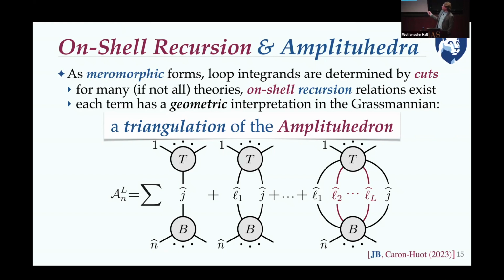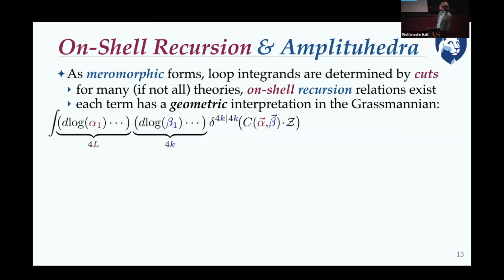So at least in the theories for which all-loop recursion is known how it works, this has been the most powerful tool for getting the right answer for summing all the Feynman diagrams. But it's not necessarily the easiest, and I want to kind of clarify why. So this is kind of like a mixed understanding. It's more like in the positive Grassmannian than in the amplituhedron. But one way of seeing what comes out is that every single term is a 4k plus L form over a space with 4k constraints. So this is like the original form, a beautiful D-log form with some simple constraints